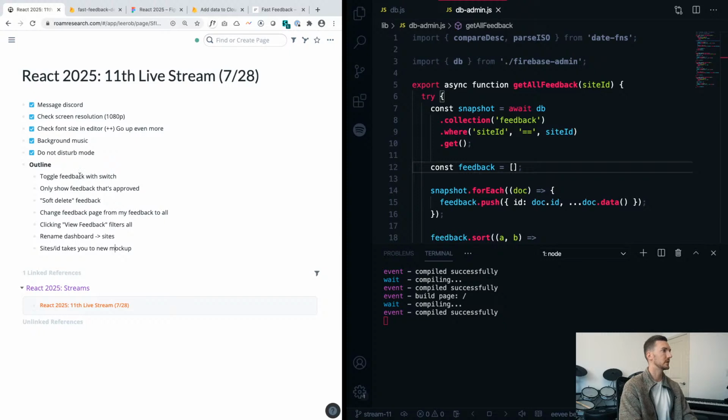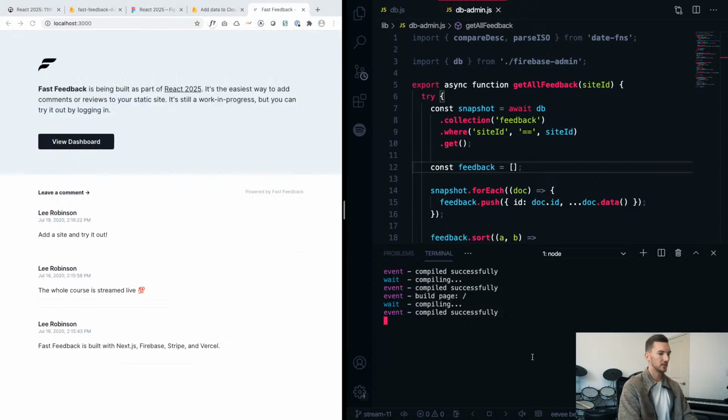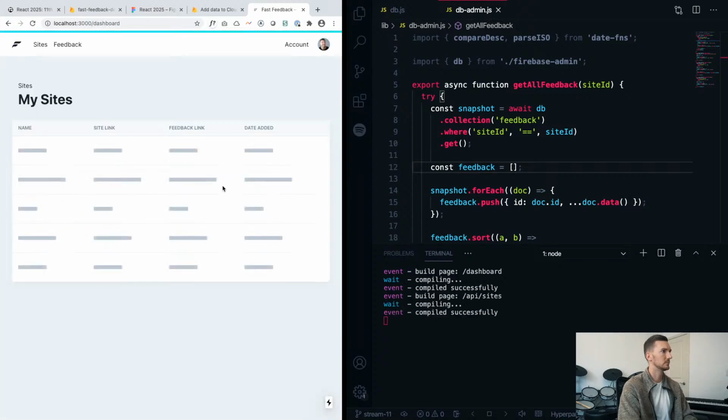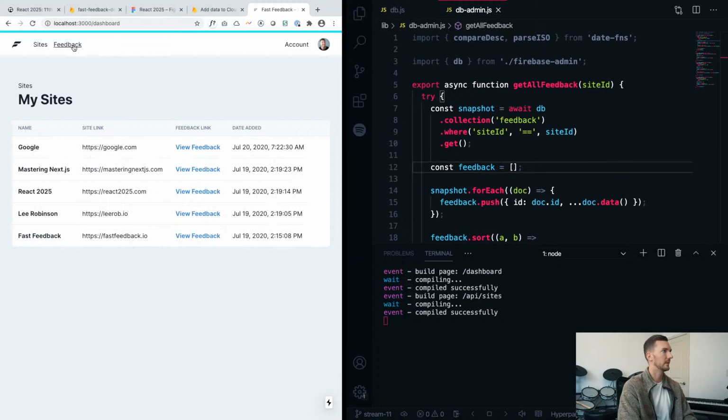So first things first, toggle feedback with a switch. I have the app running locally here. I'm going to go into my dashboard. And if I go to my feedback,